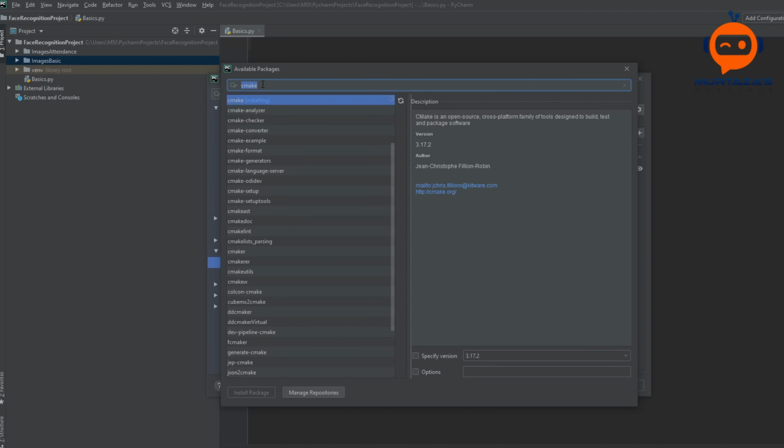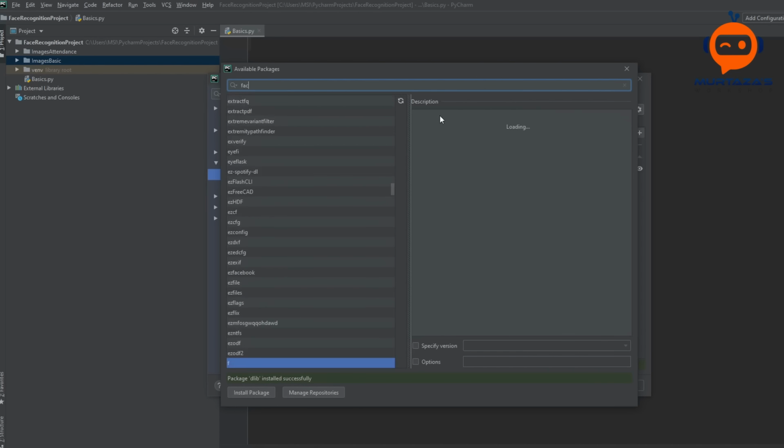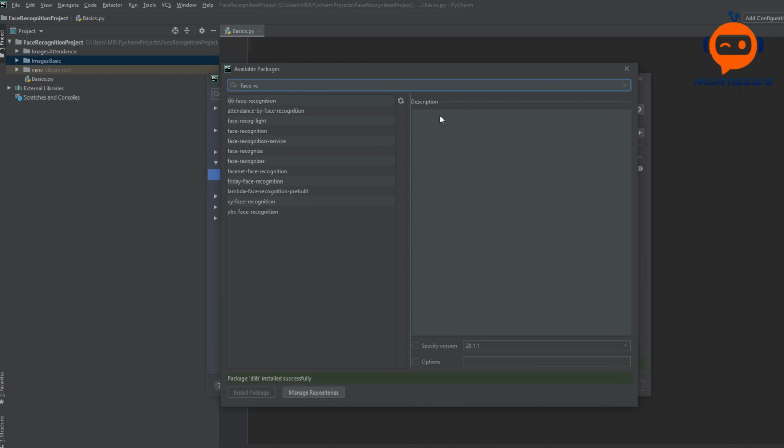Then we have dlib. Now, I actually faced some issues with the dlib library, and I will not recommend using the latest one as it yields a lot of errors. So what I recommend is to use 19.18. So we can install that. Then we will install face recognition.